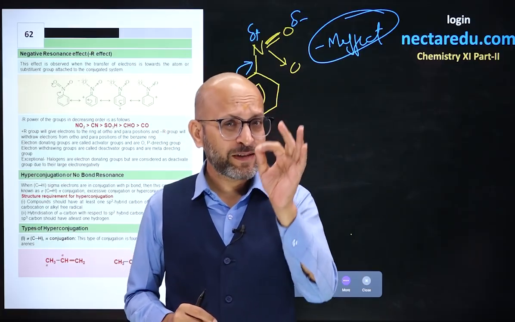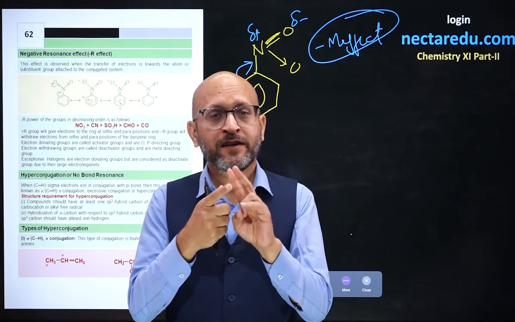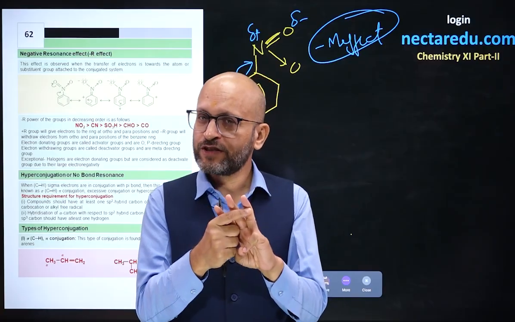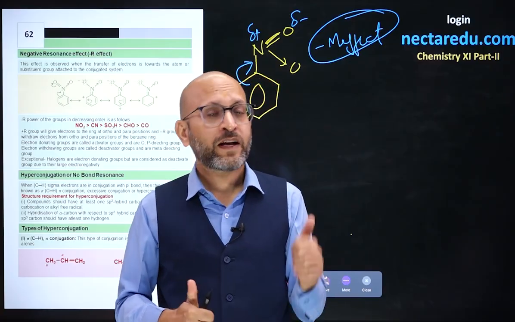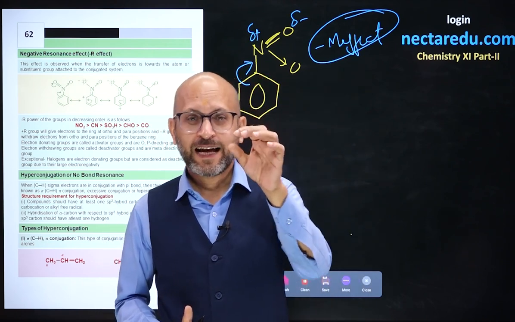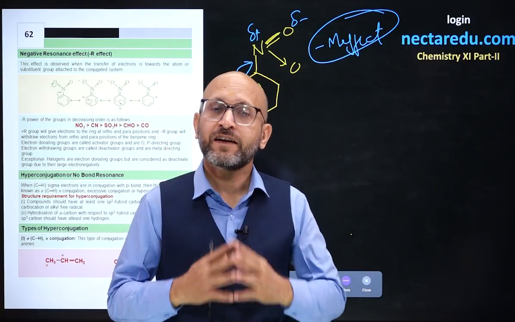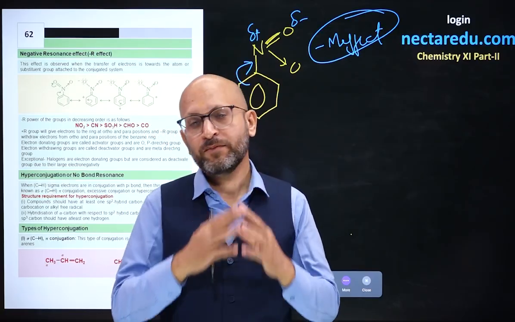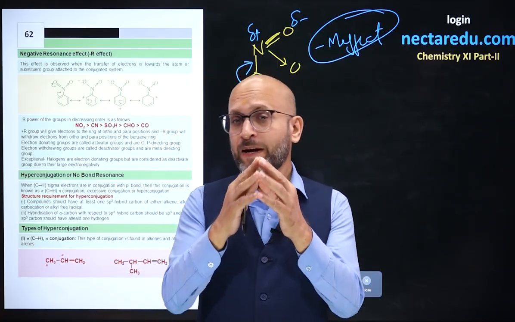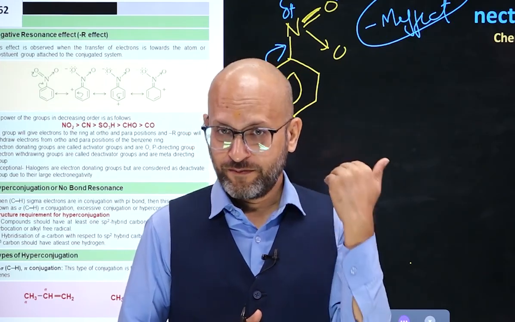If the atom attached to the benzene ring has a pi bond, for example cyanide, sulfonic acid group SO3H, carboxylic acid COOH, aldehyde, ketone, so all these groups have a pi bond on the atom that is connected to the benzene ring. So all these groups have a negative mesomeric effect on the benzene ring. Alright, they are electron withdrawing groups, they are meta directing groups,